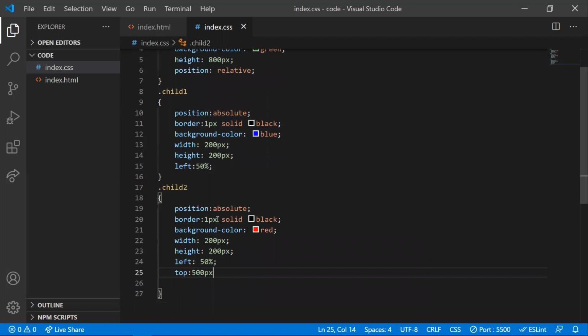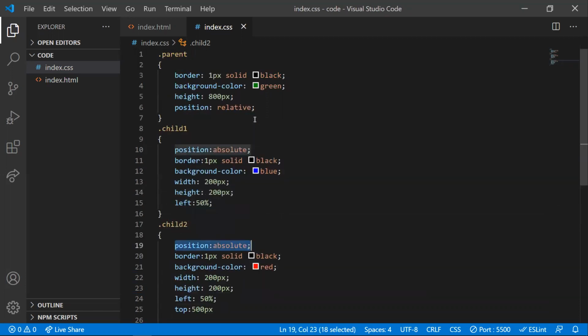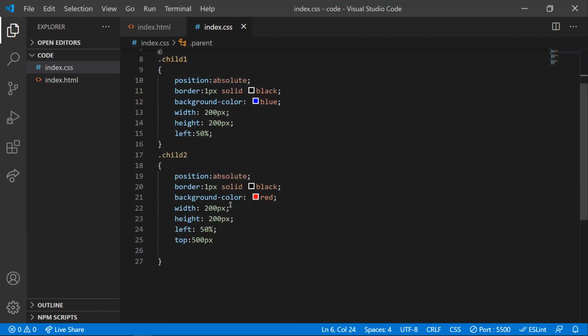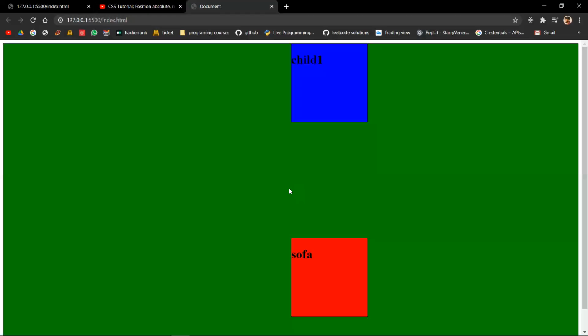Now we are done with absolute, we are done with relative. Now the other part is fixed. Fixed is helpful, for example, if we design a header in the home page of a website, it should be fixed even though we scroll down or up.